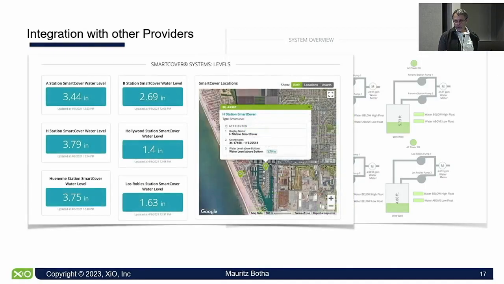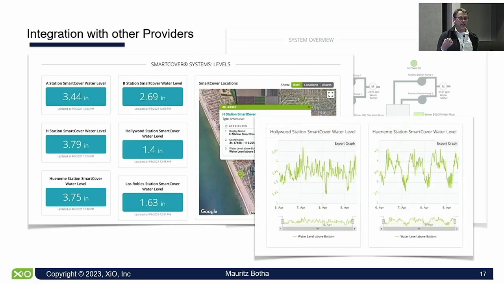So here is the dashboard that we show the integration with smart cover. You can see the map of Channel Islands there, and I just hovered over the H station device there. You can see what the level is that smart cover measures. And since it is now integrated with our historian, you can also see the longer term trends of the smart cover. Now, what's great about that is, coming back to the digital twins thing,